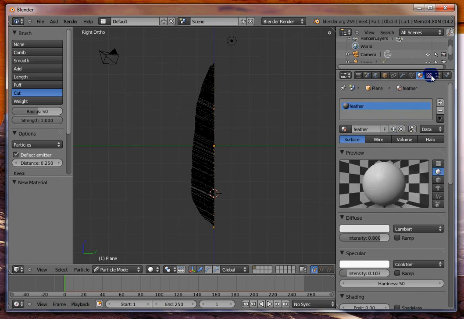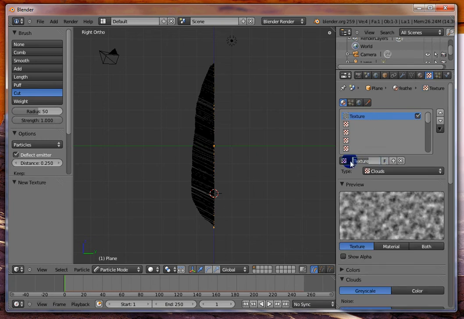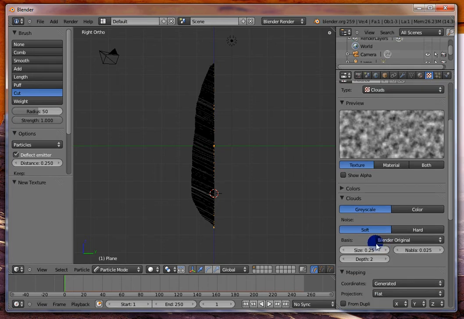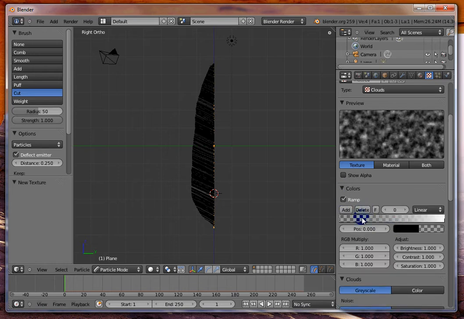Now we're going to texture the feather. So we'll make a new texture and call this one modeled. Just accepting the default cloud texture, and we want to go into the color ramp. I'm going to add several stops here,